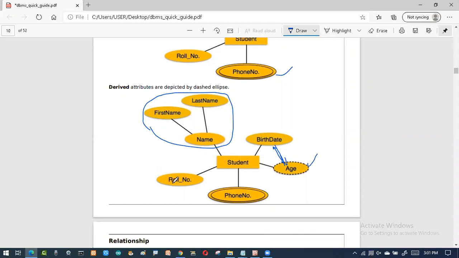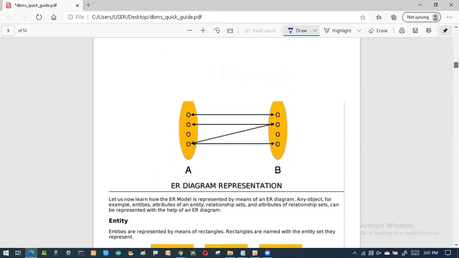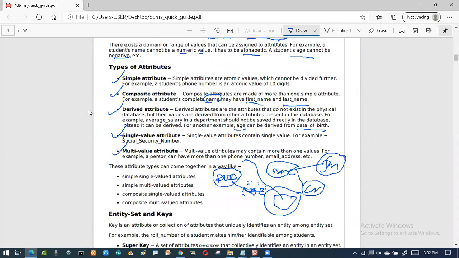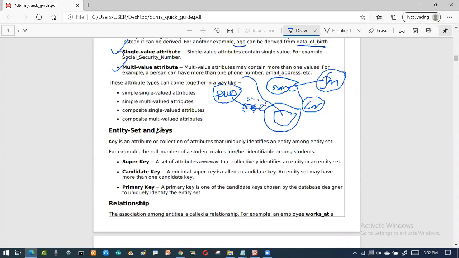Now we are going to learn a few more things about keys. So the next topic is about keys. If you understand this, then we'll go into the key concept. The keys help with identification in the diagrams, and we have to identify that. Here you will find composite, derived, and multi-valued attributes. You have seen these in different kinds of ER diagrams. When I talk about the different kinds of attributes, we have derived, single, and composite. Then we are thinking about keys.